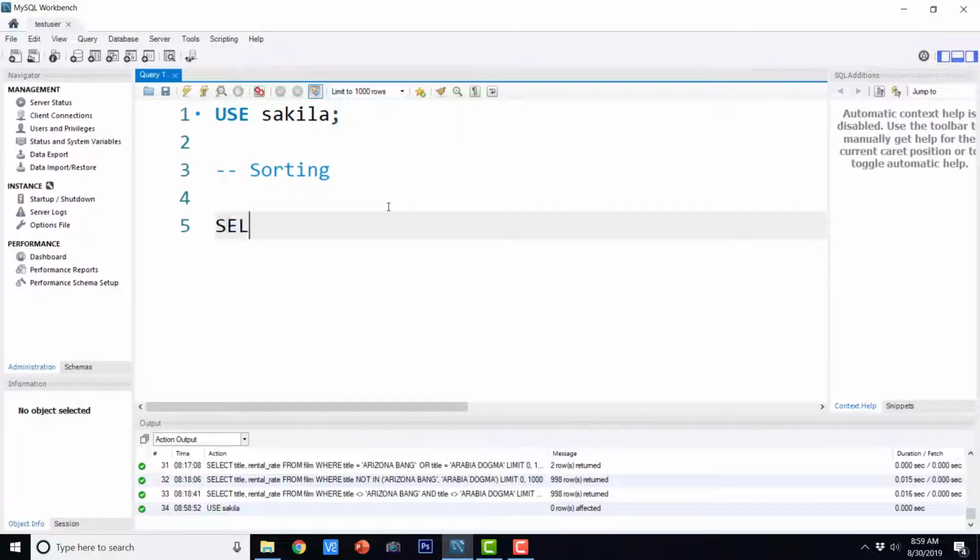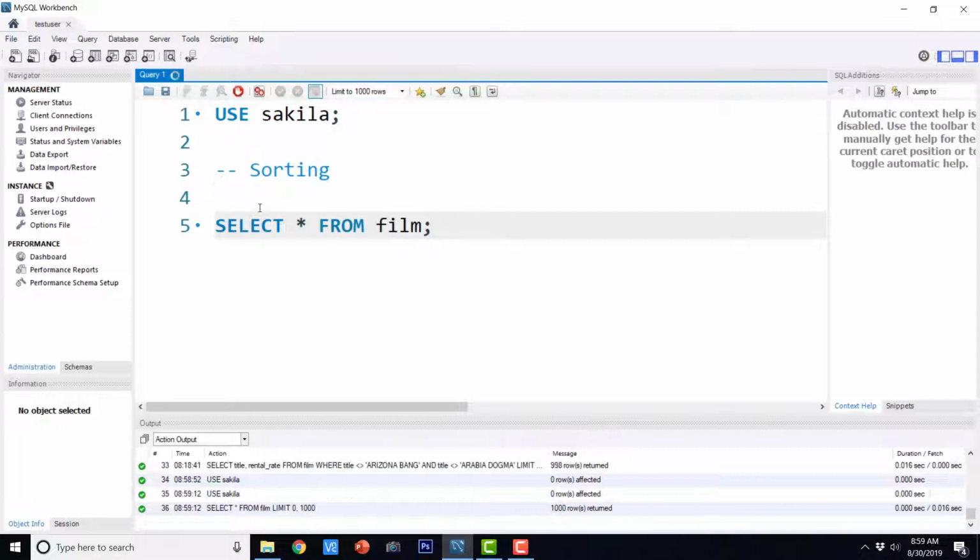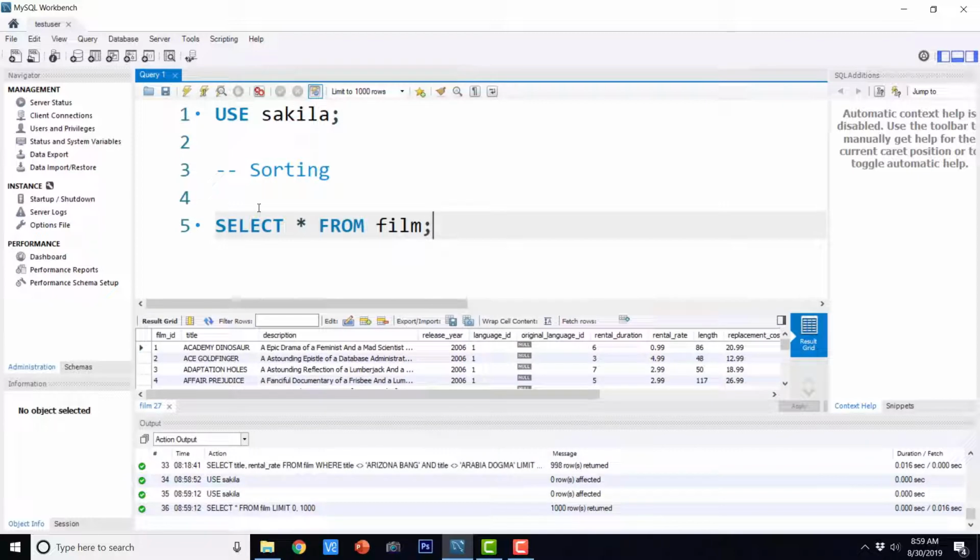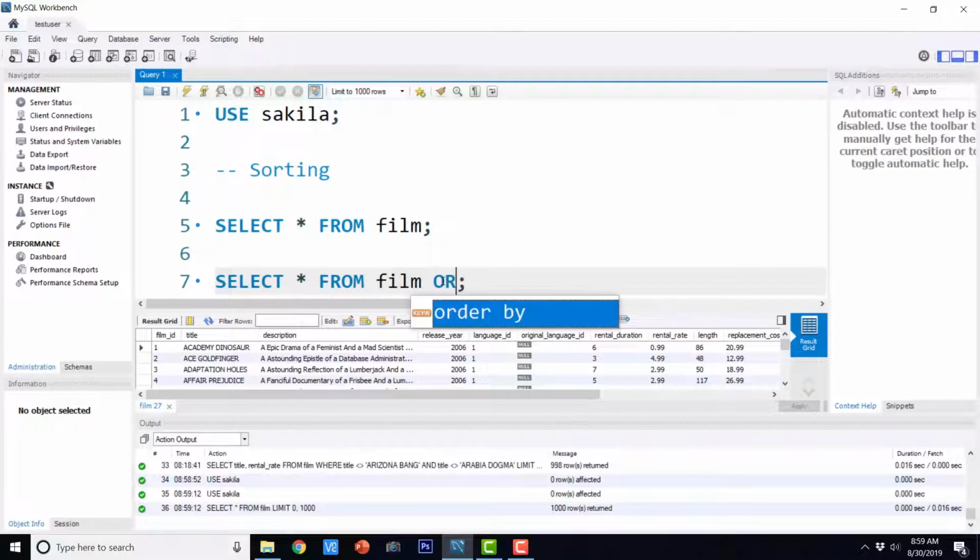So if I say select star from film, so we get the records, but the records are not sorted. So in case I want to sort, I can just go ahead and say order by title.